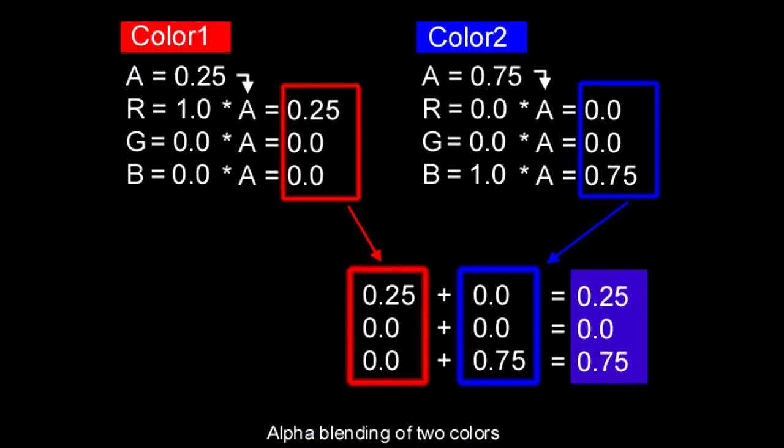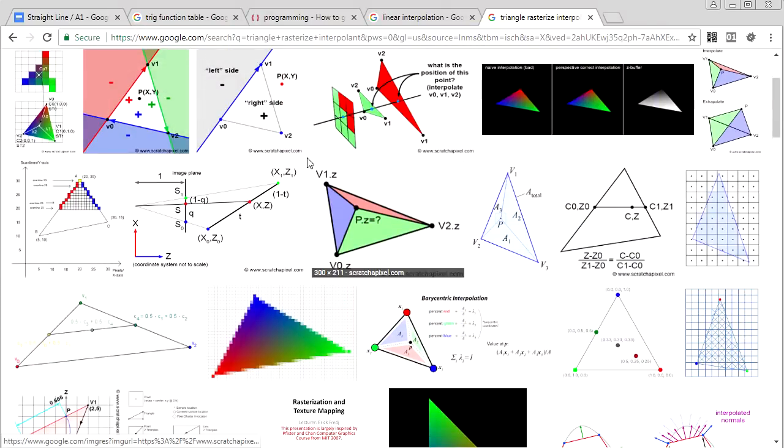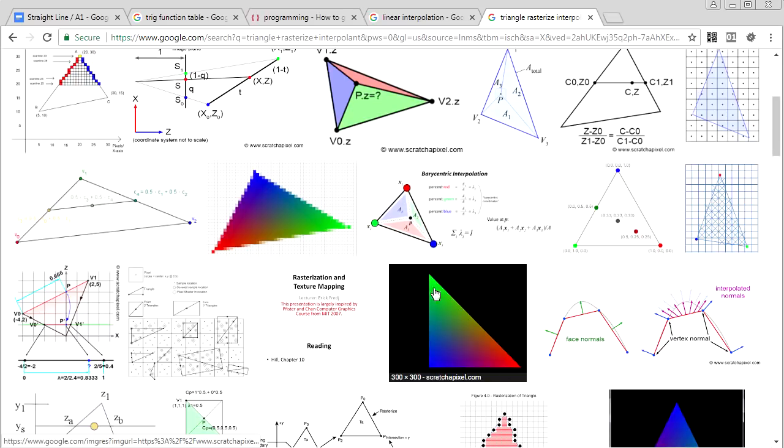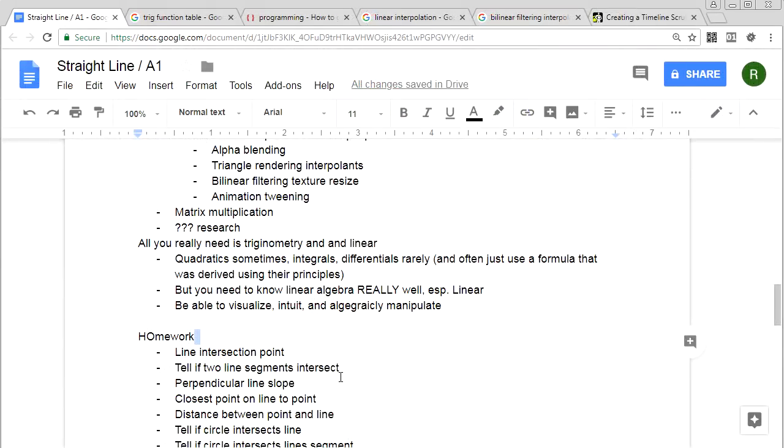You've already seen me use that technique when I did alpha blending back in intermediate. To blend between two different colors using some alpha value between 0 and 1, that is a form of linear interpolation. But also, when you're drawing triangles, you are interpolating different parameters like texture coordinates and colors and normals and all sorts of things. Interpolation is essential for the idea of rasterizing triangles, which are essential for 3D graphics. So there is an ass ton of applications. I've only just listed a few off the top of my head here, but there are tons of applications for this stuff,